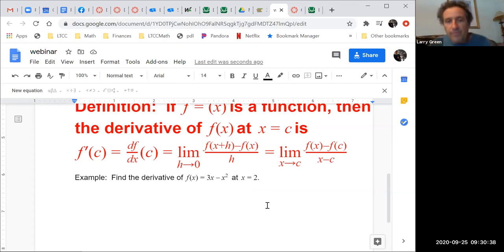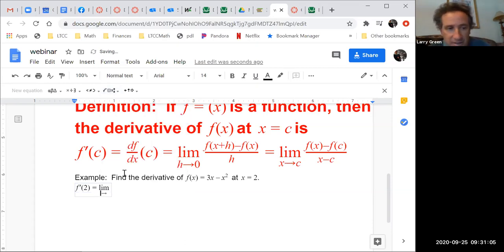All right, well, the good news is, in a way, you don't have to memorize it because it's sitting there right above that line. But eventually, you need to memorize it. But for now, we can just look at that and say, well, we need to find the derivative. That's f prime, valued at 2. So let's write this out. F prime, evaluated at 2, is equal to, and now it's going to be a limit